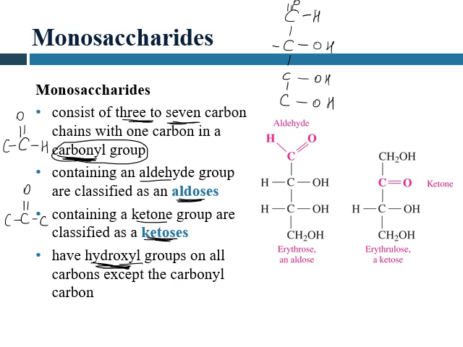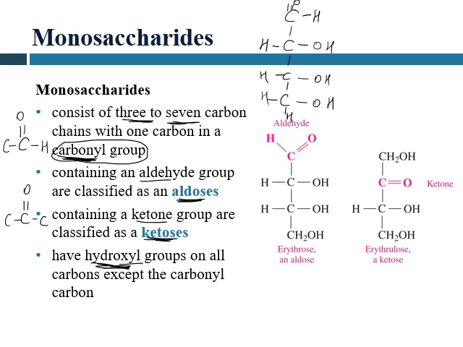So this carbon already has 2, 3, and 4 bonds, so it does not need any more. This has 1, 2, 3 bonds, so it needs one more, so I put a hydrogen. This carbon has 1, 2, 3, so it needs one more hydrogen. 1, 2, which means it needs 2 more hydrogen. So that's how you usually draw the structure of a